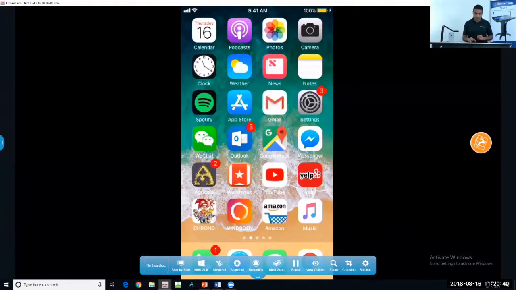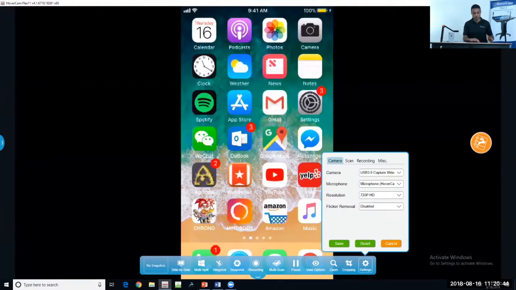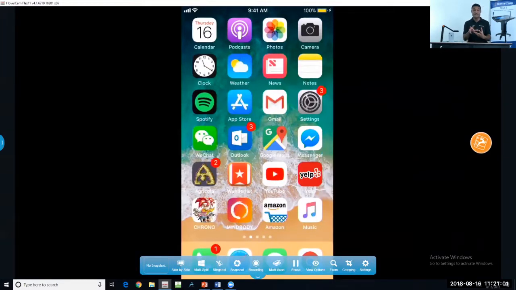So the simple solution to that is to enter your settings here on the bottom right of your control dock. It will pop up a submenu. And then within there, you can see a resolution window. So if I tap that resolution window, I can see it's defaulting at 720p, which is not bad. But when we bump that up to 1080p and select save to save that setting, get a nice, crisp, high